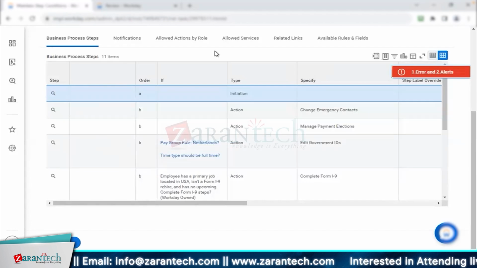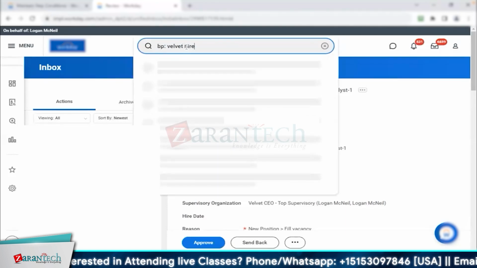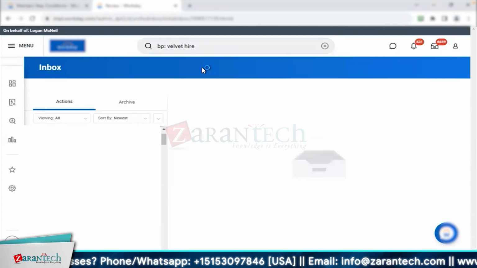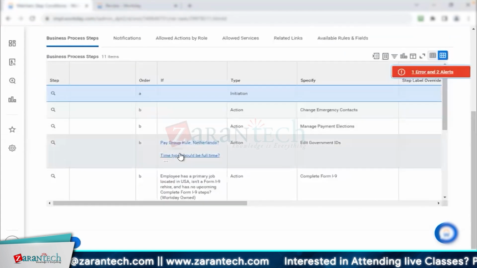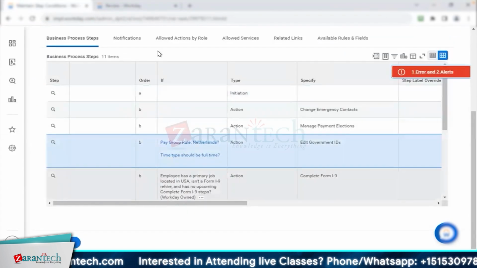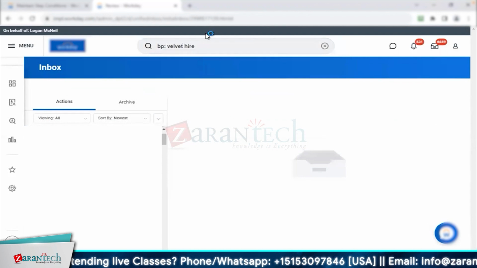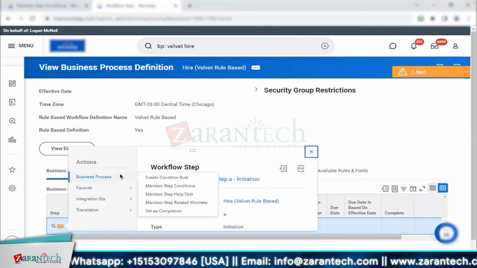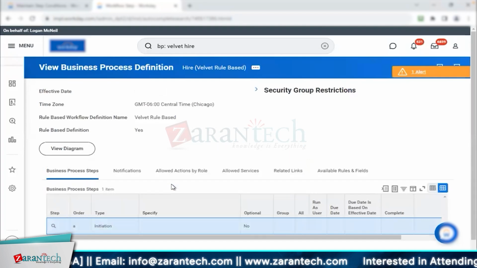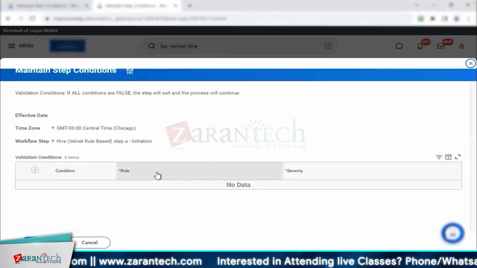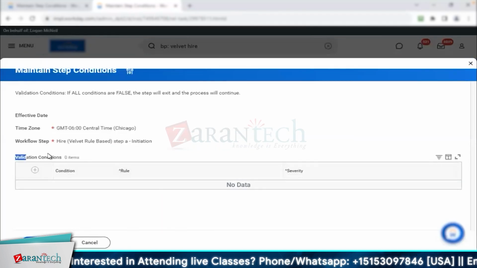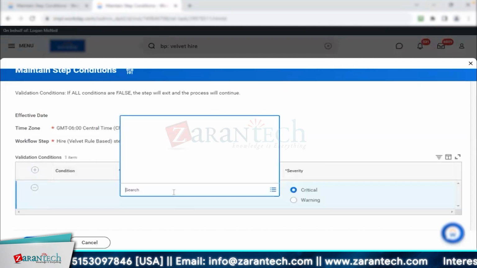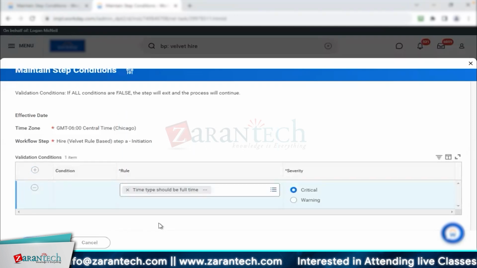So not every business process allows for validation conditions. I'll open a hire business process, which allows for validation conditions. I'll use the same condition, time type should be full time, as a validation condition on the hire business process. Go to the related actions, business process, maintain step conditions. Here, it's not an entry condition, it's a validation condition. Now, how this will work is